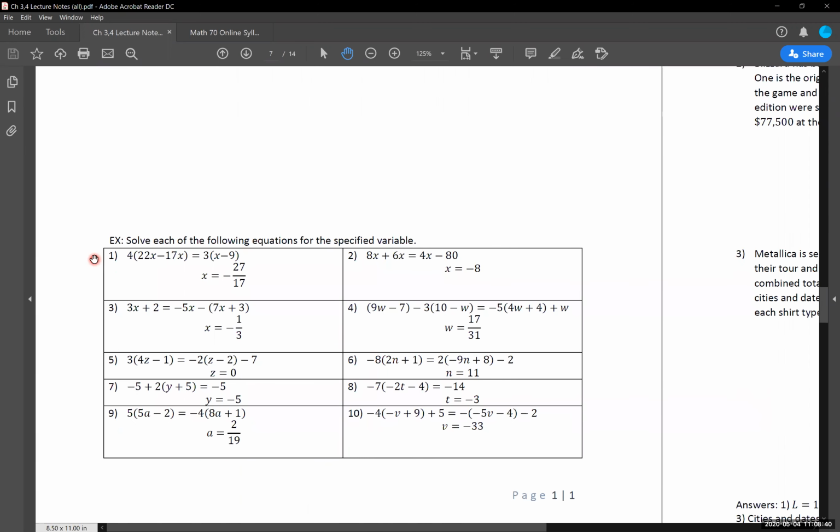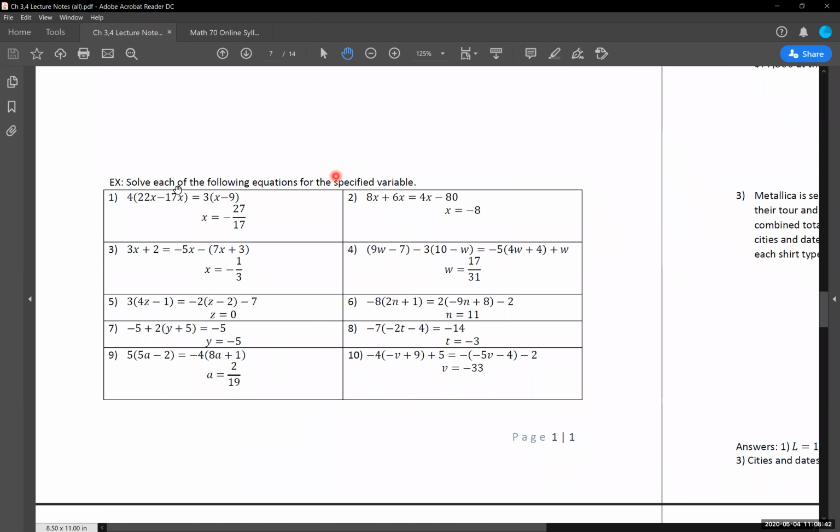So scrolling down here, we've got 10 examples that we can go through. I'm just going to start with number 1, and we might jump around to a couple of the other ones, depending on time. But I'm going to jump us over to our whiteboard, and we will start taking a look at solving some of these from there. So, whiteboard. Okay. So our first example.